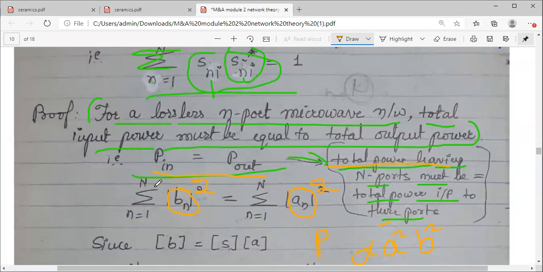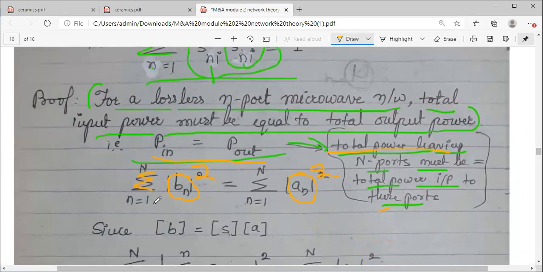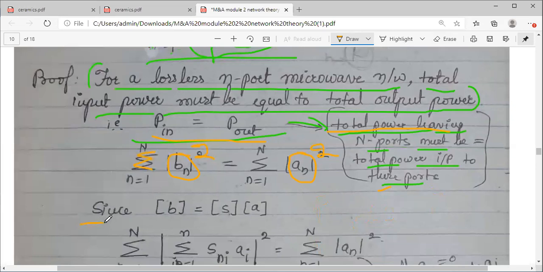So that's why I have taken the sum, indicating for n number of ports A1, A2, A3, A4, B1, B2, B3, B4 up to n number. So summation I have to take, and An and Bn I have equated. Just now I have shown you for a two-port network how it is entering and leaving. Now, since we have already seen the S matrix representation, generally how it is represented in the matrix form, B is equal to S into A. This is our general representation.